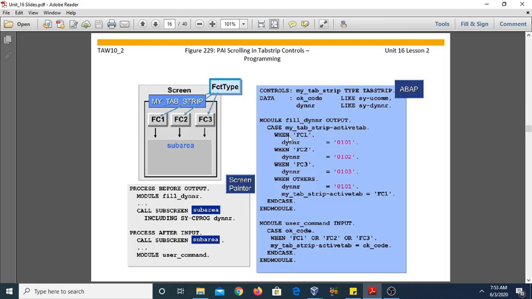If the active tab is FC1, the function code is FC1, then it will call the subscreen 0101, and when the function code is FC2, it will call the subscreen 0102 and so on.